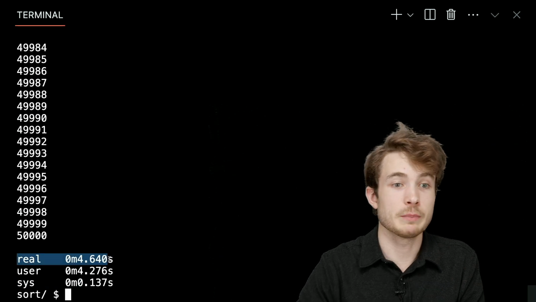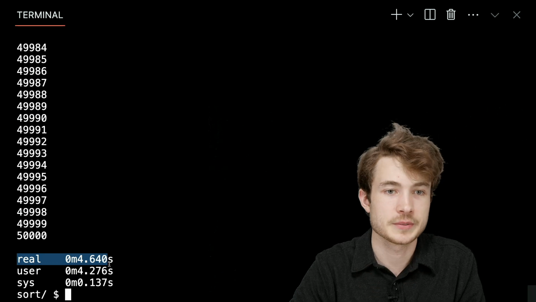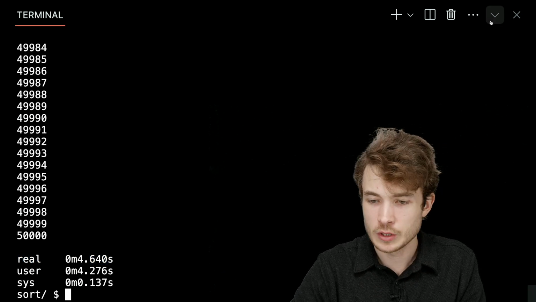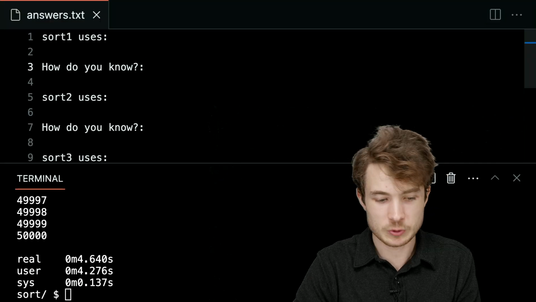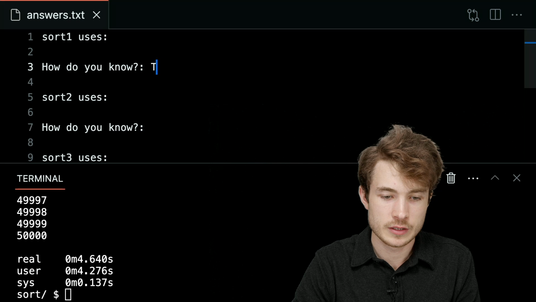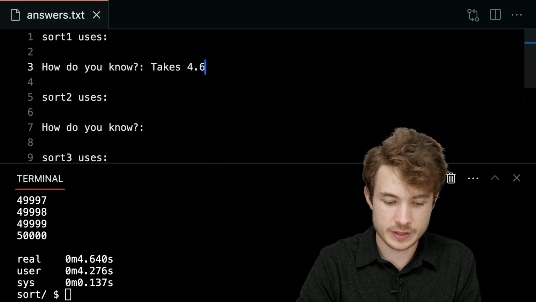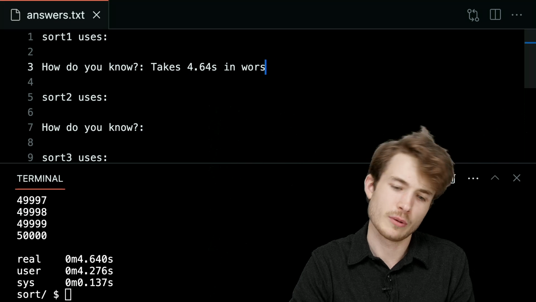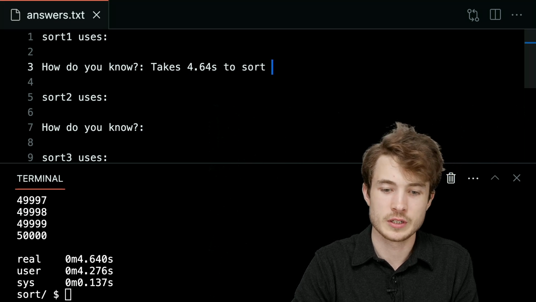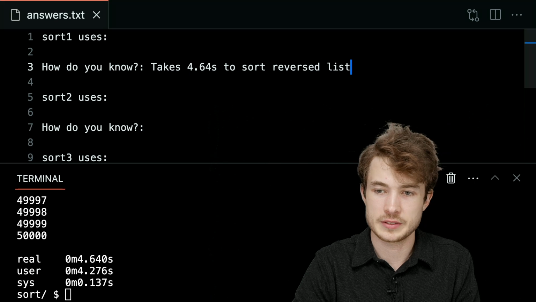How long did it take based on like a stopwatch in this case. So I can go back to my answers.txt, and I'll just make note. Sort1 seemed to take 4.64 seconds in worst case. Or maybe let's be more particular, to sort a reversed list like this.